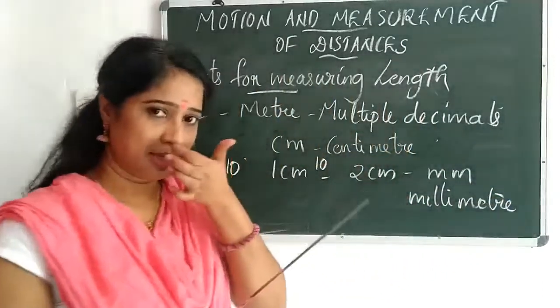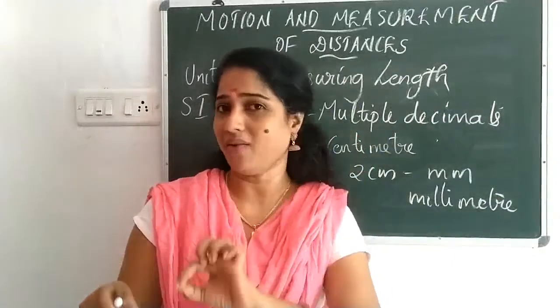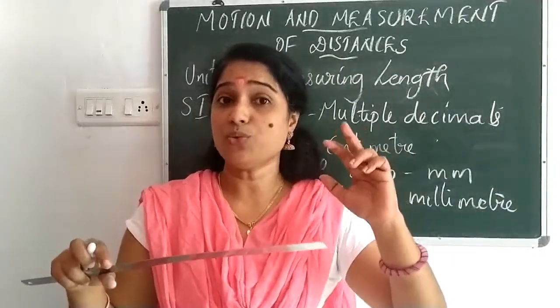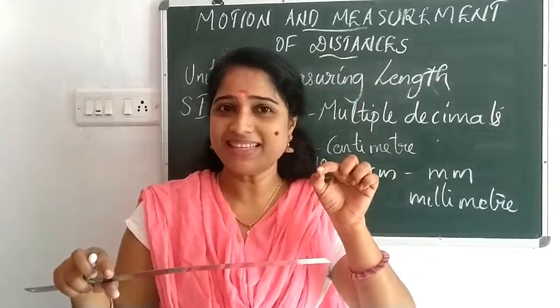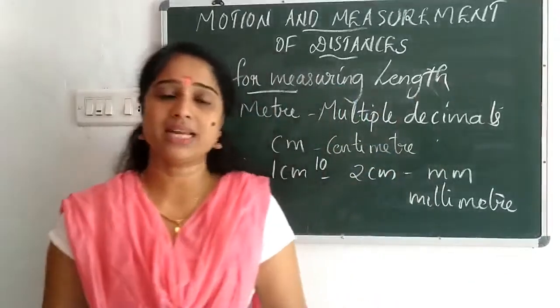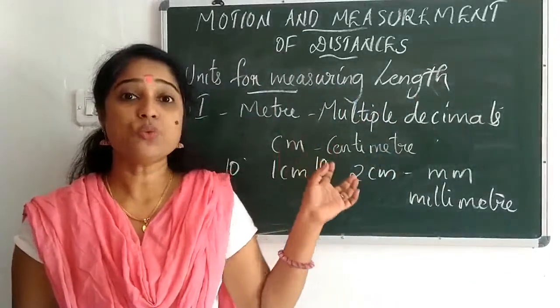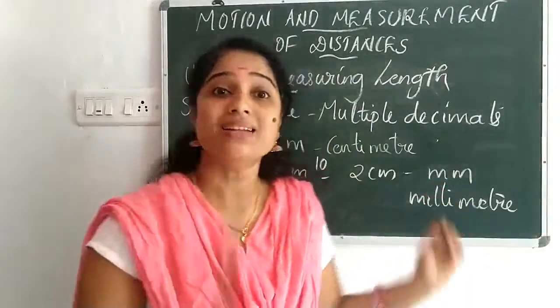Observe it once again. In between these lines, 1, 2, 3, 4, you can see smaller lines. First we count 1, 2, 3, 4. In between, that fifth line will be a little bit bigger, isn't it? Then again 6, 7, 8, 9, 10. Again the next centimeter. So in between 1 centimeter we could see 10 small lines and they are known as